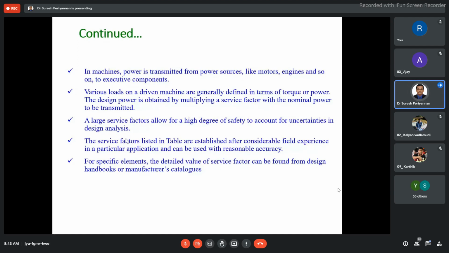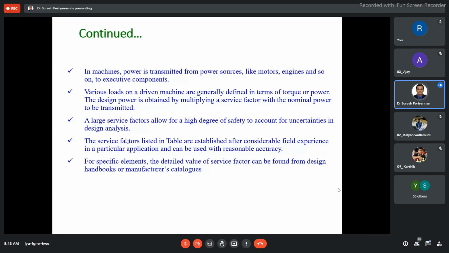Our nominal power transmission is 10 kilowatt. If I multiply with the service factor 1.25, then 12.5 is my designed power of the component. Why is it required? For the safer side, for safe limit. For safety purpose, we always keep our designed power more than the nominal power transmission. But how we are considering the service factor, we are going to see in some standard table, it's obtained from